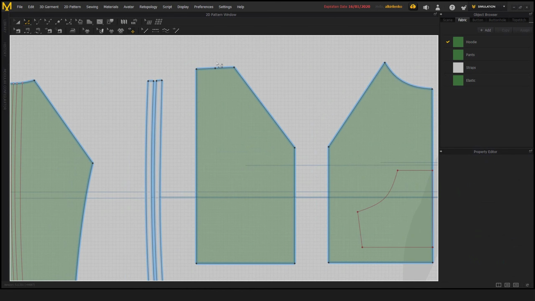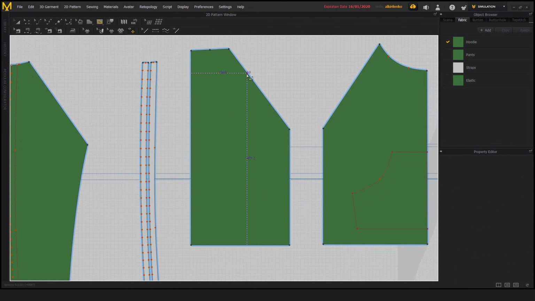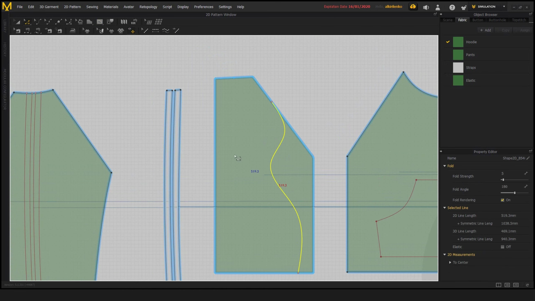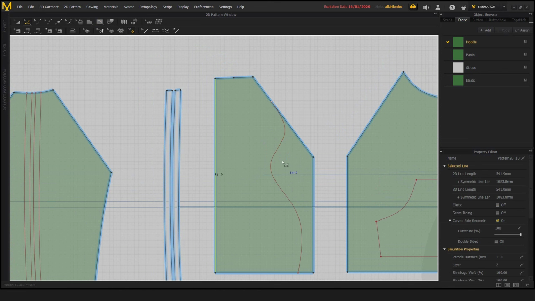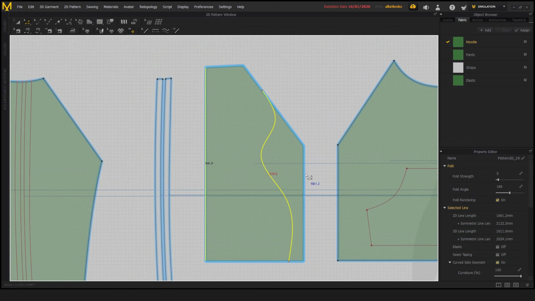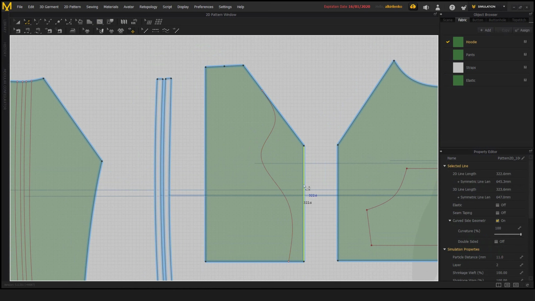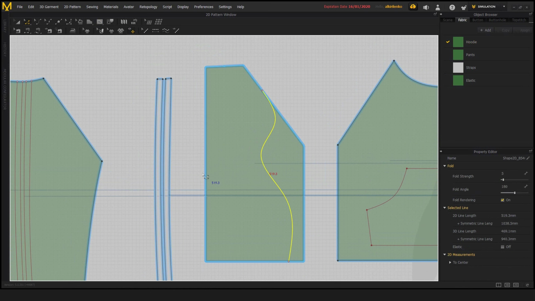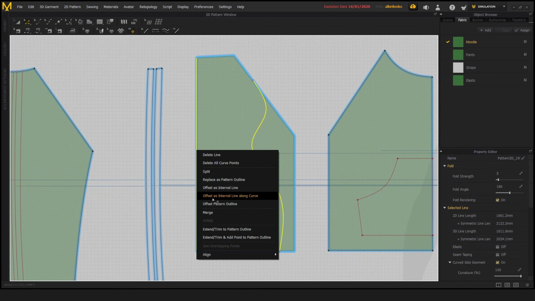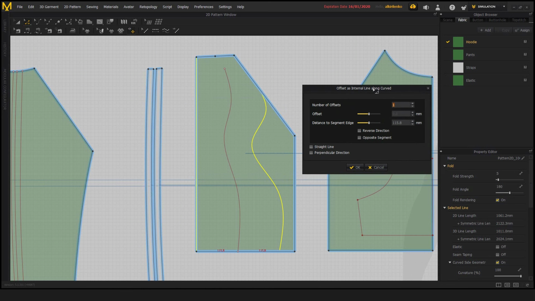But I'm going to explain this tool using something a little more complex than simple parallel lines. So I will create an internal shape using Control to create something that has a curvature, and then I will select those two segments. As you can see, it doesn't matter whether it's an outside segment or an internal shape. This feature works on everything. So if I click here again,